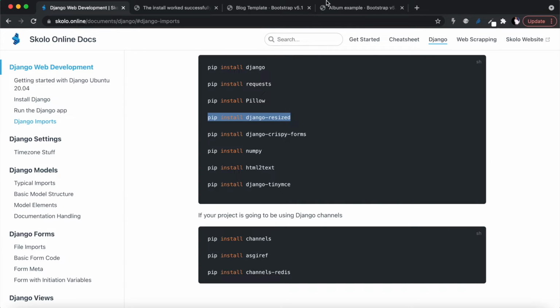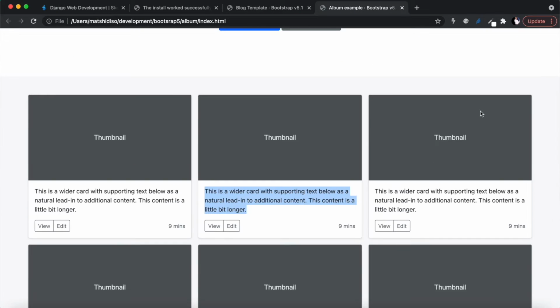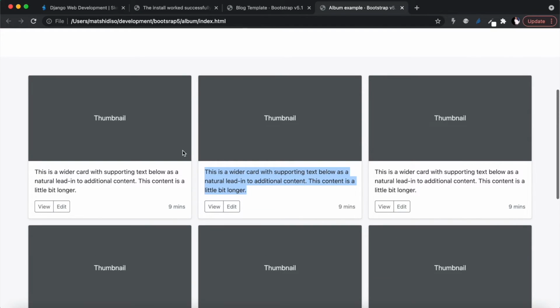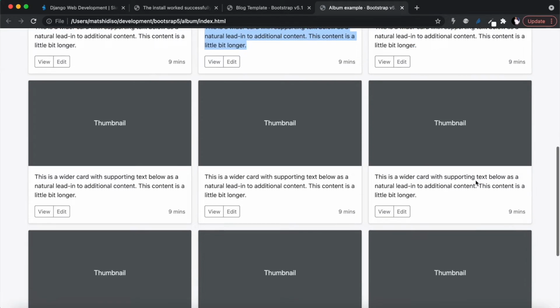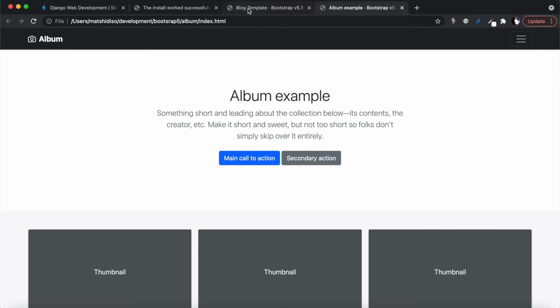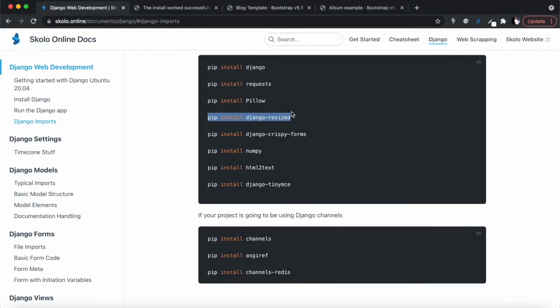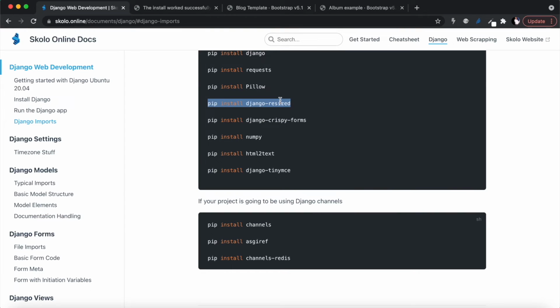for our website, especially if you want your album to look like this. You can see all these images are the same size. If you want your library to look neat. Otherwise, if the images were different dimensions, this might be longer than that, and then this is not going to align properly and you're going to have some issues. So we're definitely going to be using Django Resized over there